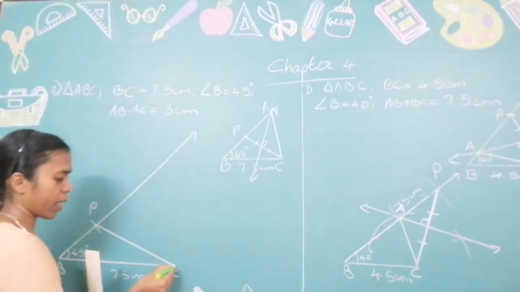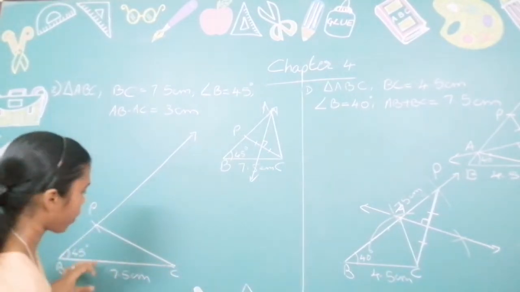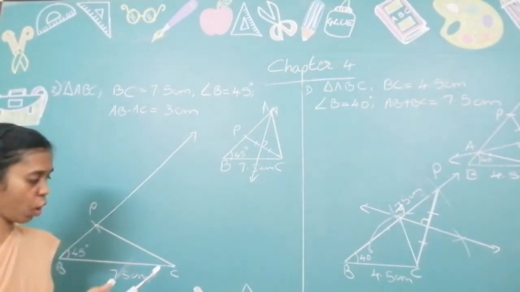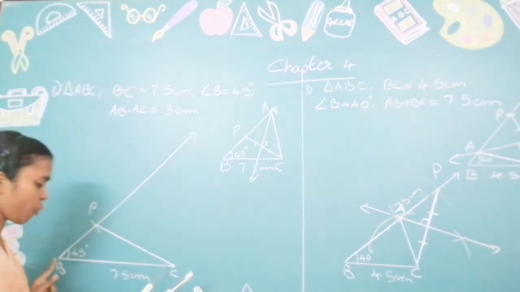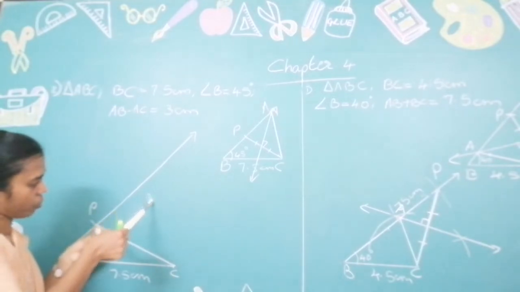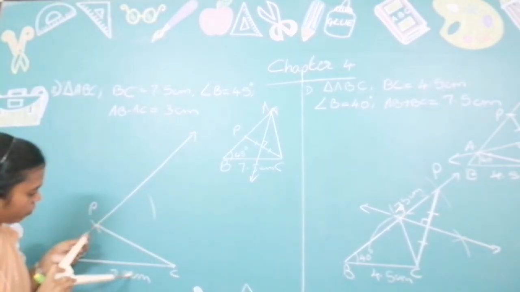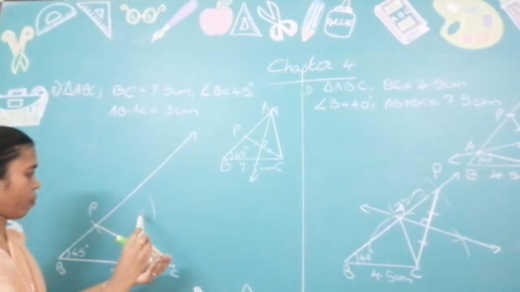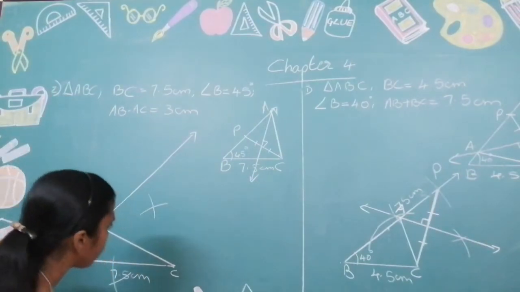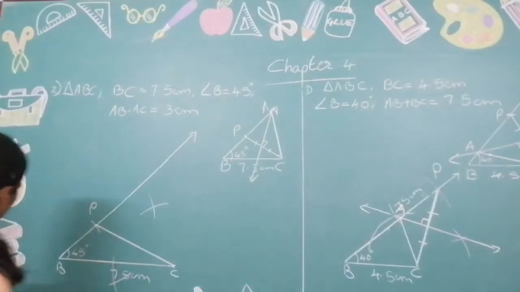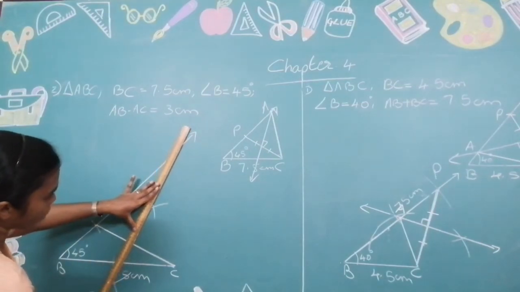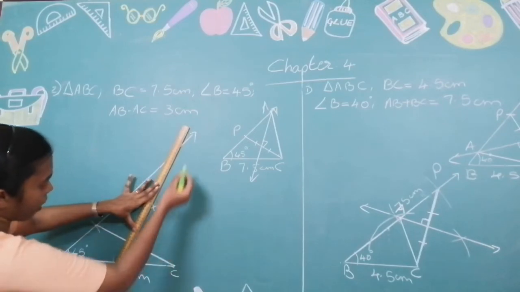Okay, now what is the next step? Which is the newly constructed segment of ours? PC. Okay, now draw the perpendicular bisector of PC. Not of the base, but of PC. Make sure that you extend the line in such a way, because it has to intersect the ray that we have drawn.